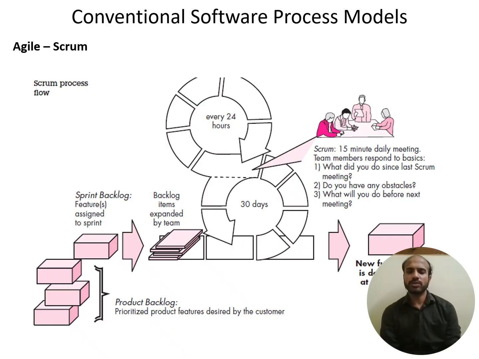That is, what is it you are going to begin right now? So what did they do? Were there any problems they faced? And what is it that they are going to do before the next meeting? This discussion will be happening every 24 hours and they will keep delivering the features